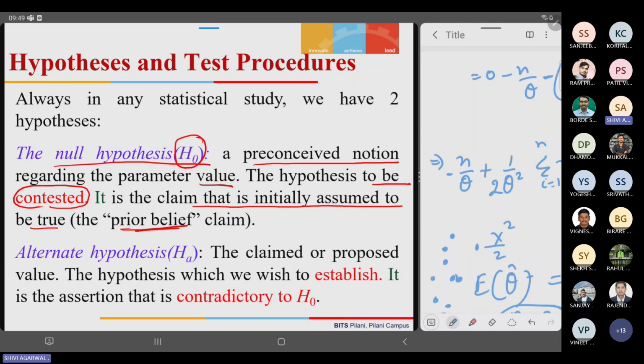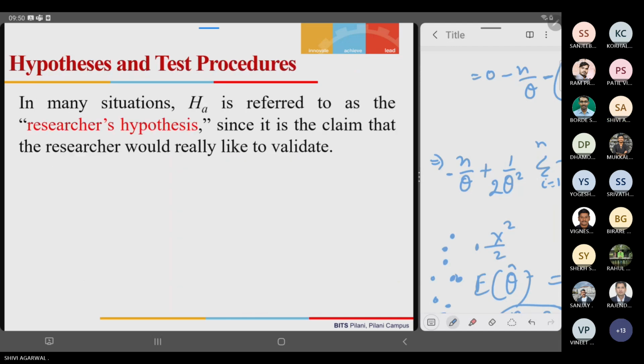Correct? Next is the alternate hypothesis, denoted by HA. The claimed or the proposed value. Okay, the new claim, the hypothesis which we actually wish to establish. Whatever the prior belief is, that is okay. Now based on some other information, we are claiming a new one, which is HA. It is an assertion that is contradictory to H naught. So it will always be contradictory to H naught. Correct? HA is also referred to as the researcher hypothesis